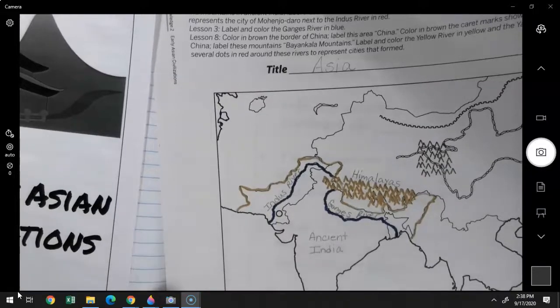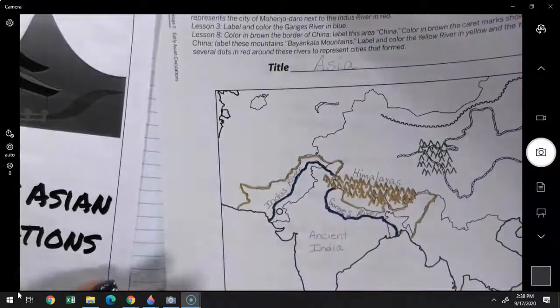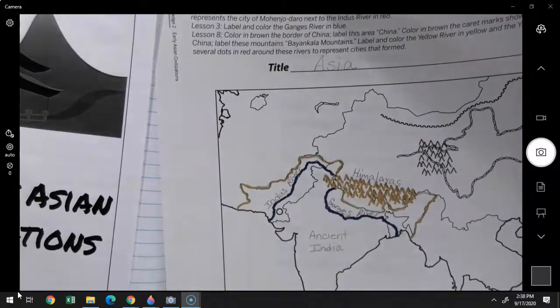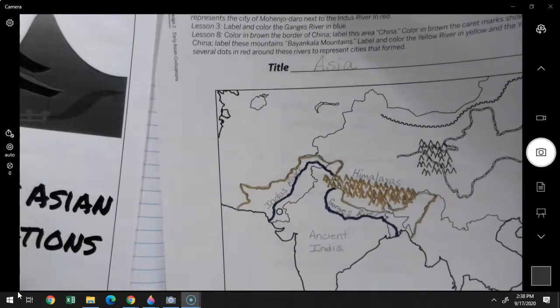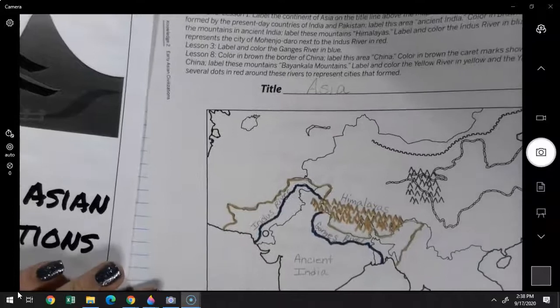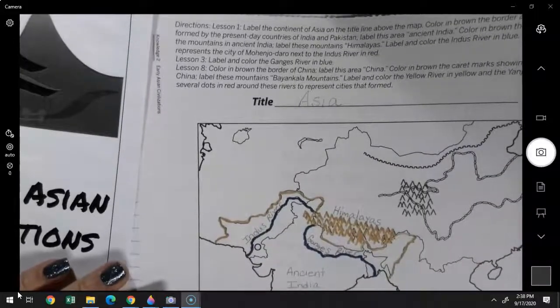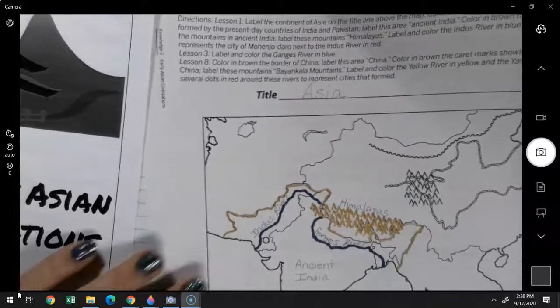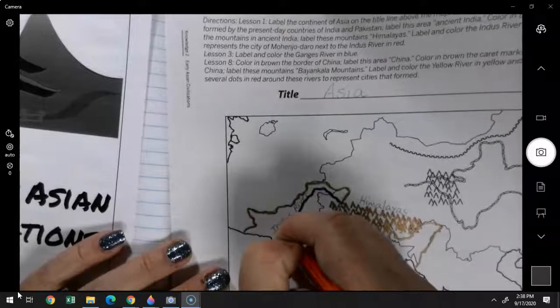And I forgot to have you get a red. I forgot we needed red. So grab a red. If you need to pause it, go ahead. And we're going to just color in this big dot right here.